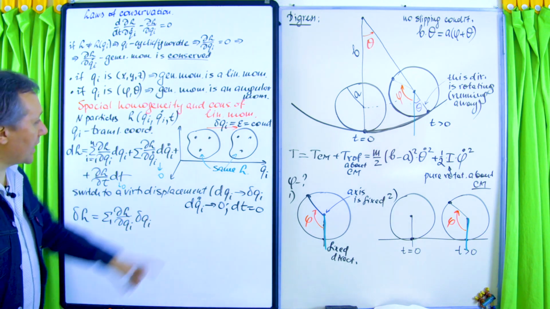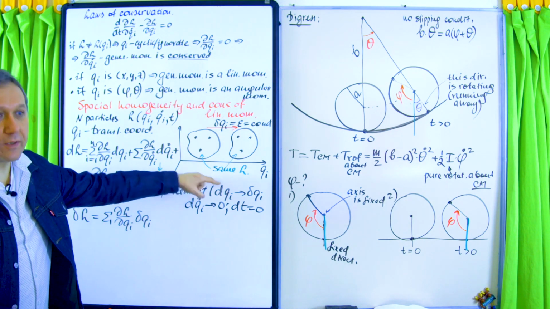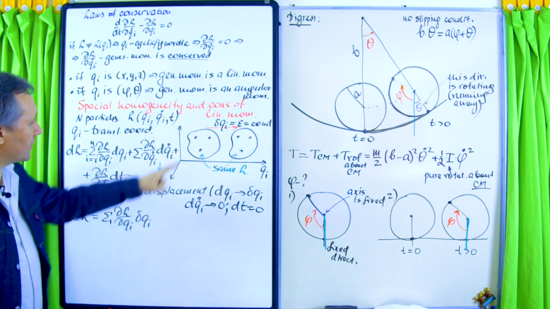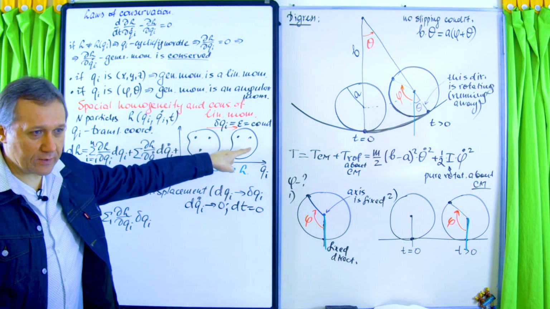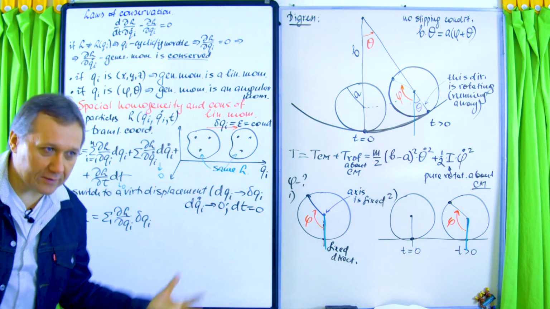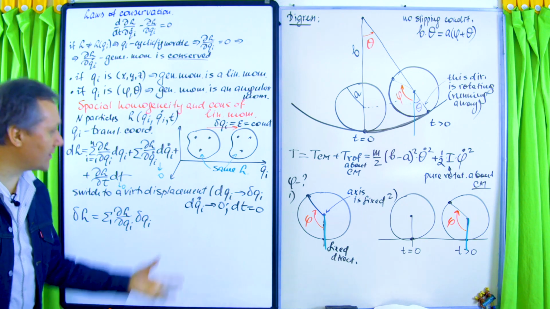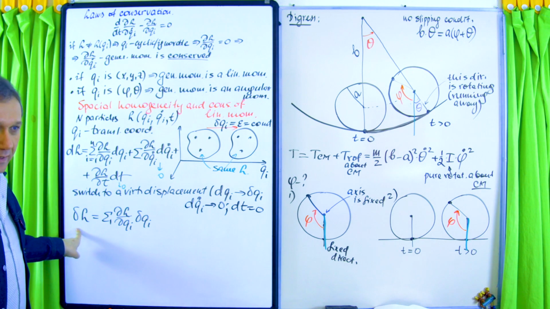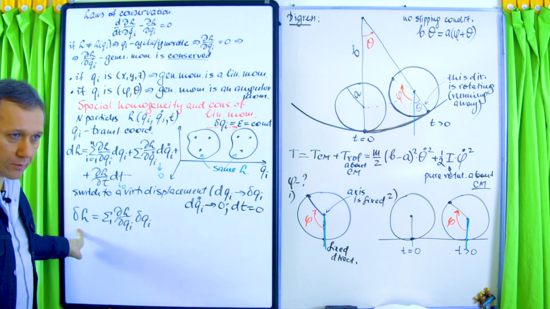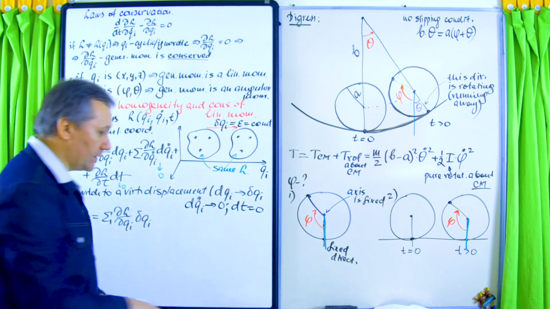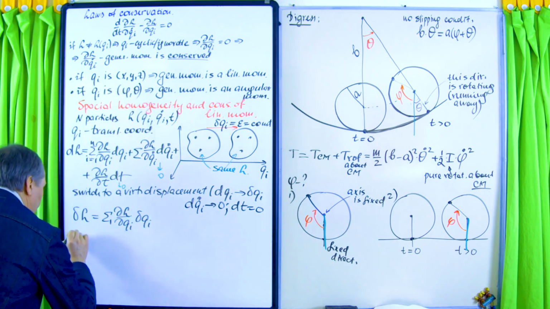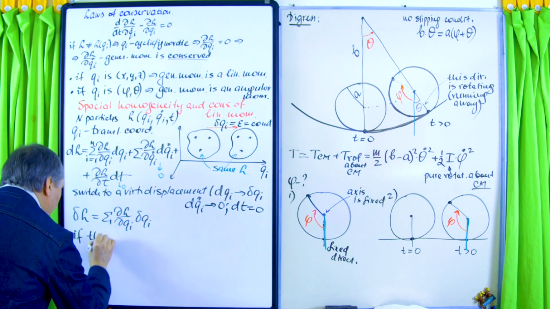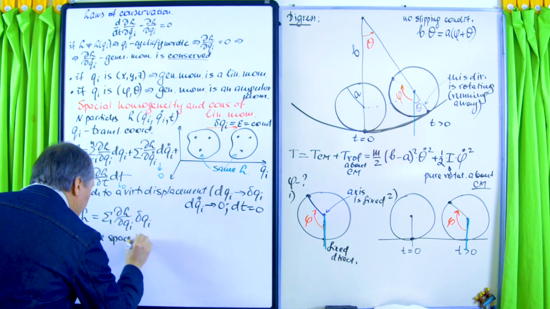And now it's time to use that fact. Since space in this direction is homogeneous, it means that the life of the system here and the life of the system there must be the same. Any life is explained by the Lagrangian. It means that L here and L there must be the same, and delta L, the variation of L, must be 0. So now it's time to apply homogeneity. Okay, so let me write. So if the space is homogeneous,